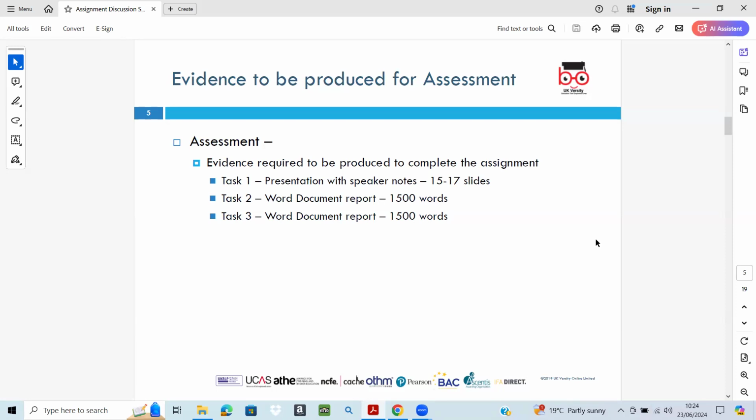Then the third task is again a Word document report. So we need to create another Word document report also with a word count of about 1500 words, and we need to address a different aspect or subtopic related to human growth and development. We need to ensure that this report complements the content covered in task 2 and provides a well-rounded understanding of